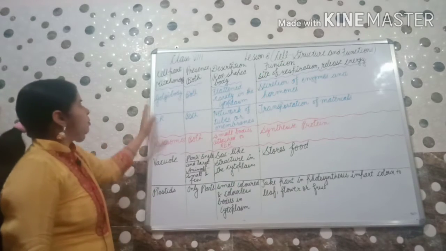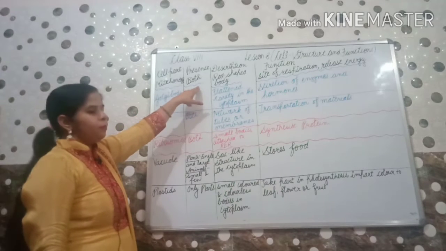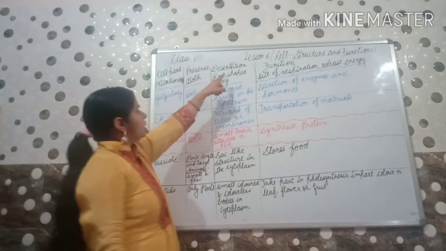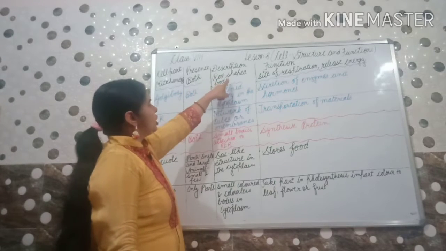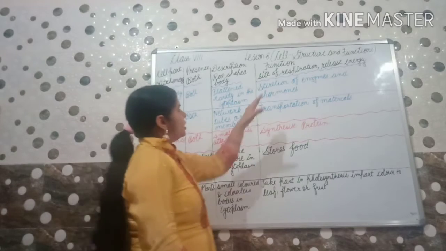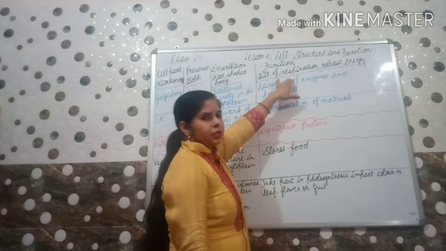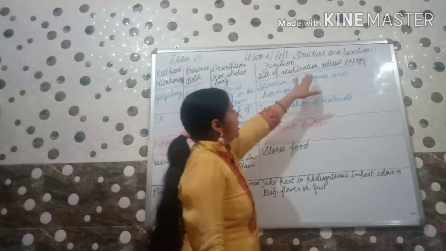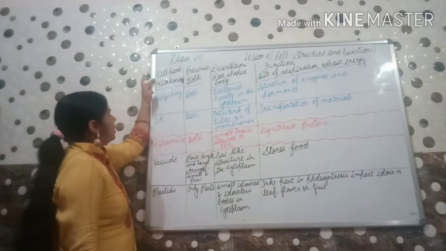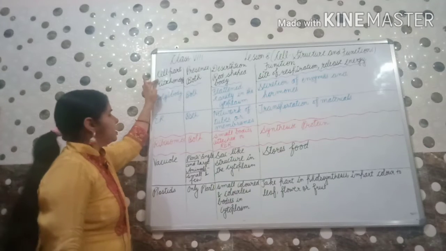Let us start with the mitochondria. It is present in both plant and animal cells. Description? They are rod shaped bodies. And they are the site of respiration in the cells. Site of what? Respiration. And these release energy. As about mitochondria we have discussed earlier, they will release energy.